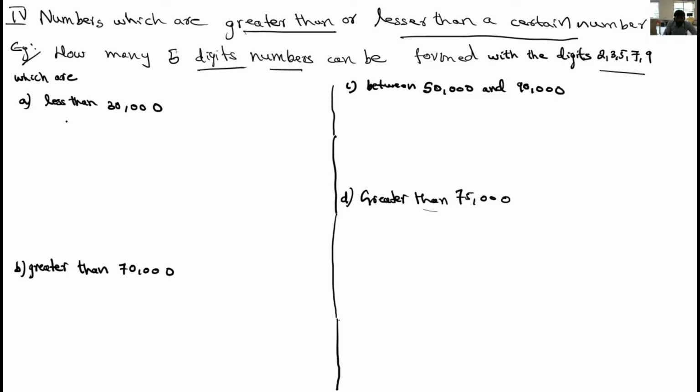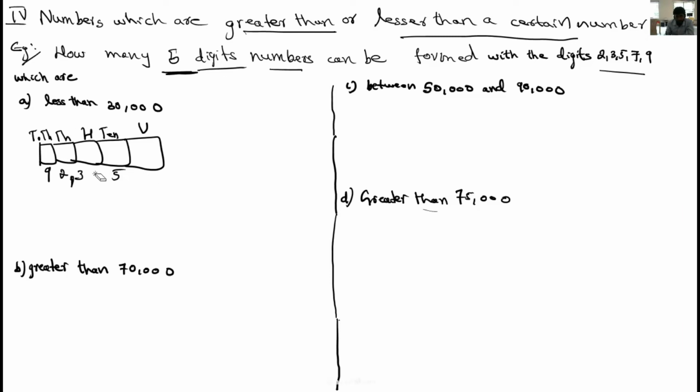So, see the first case, less than 30,000 is given. So you need to construct a 5 digit number. Take 5 vacant places, here 1, 2, 3, 4, 5. Then name the places: units place, tens place, hundreds place, thousands place, 10,000s place. Numbers greater than 30,000. Suppose you are taking 9 here. Then I will write the remaining numbers in any order, 2, 3, 5, 7. It is equal to 92,357. But what's the question?